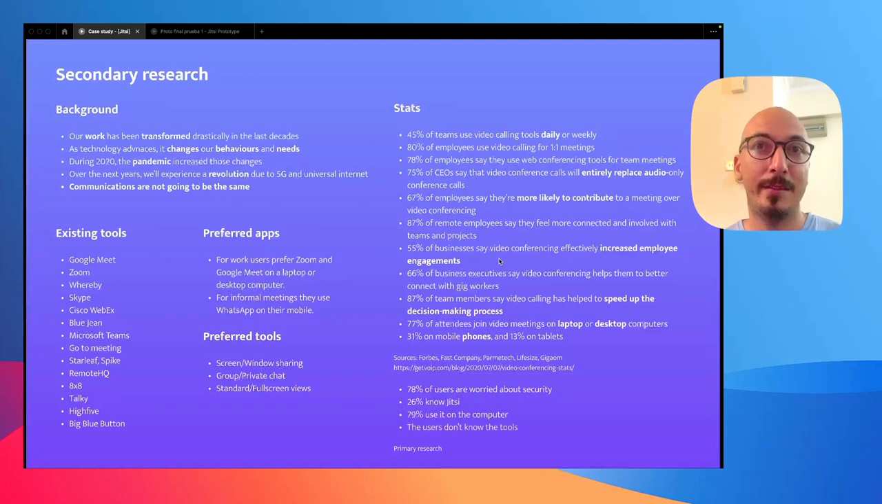I want to say that this survey was made before the pandemic, and this project was made during the pandemic, really early in the beginning of the pandemic. And also that 26% of the users know Jitsi, and the preferred tools that all the users use were sharing the screen, using the chat, and changing the views. So